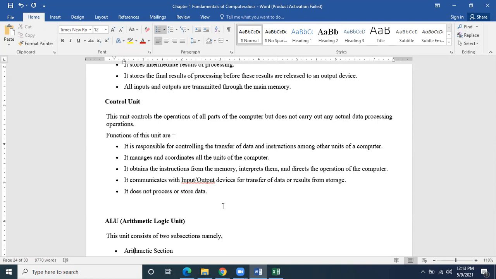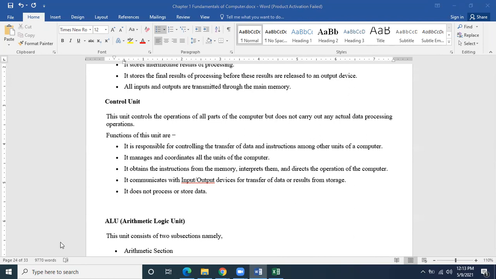What are the different features of the control unit? It is responsible for controlling the transfer of data and instructions among other units of the computer.